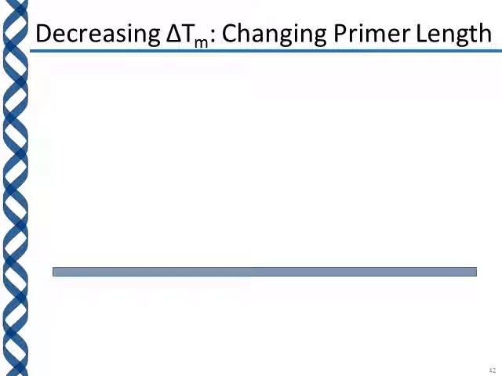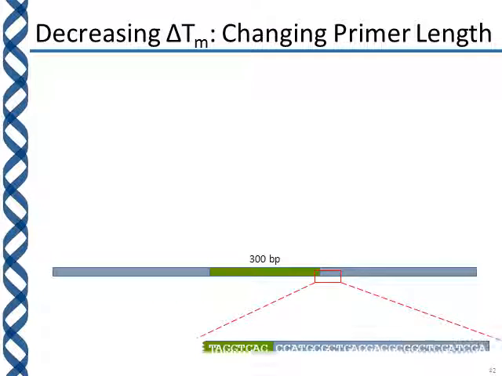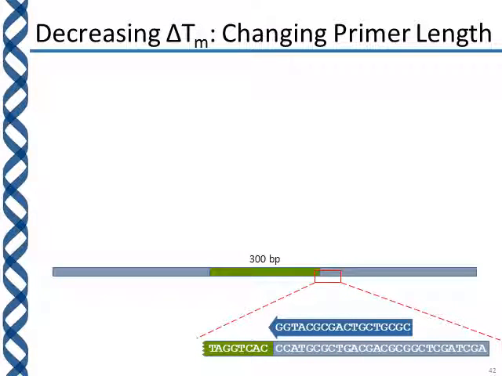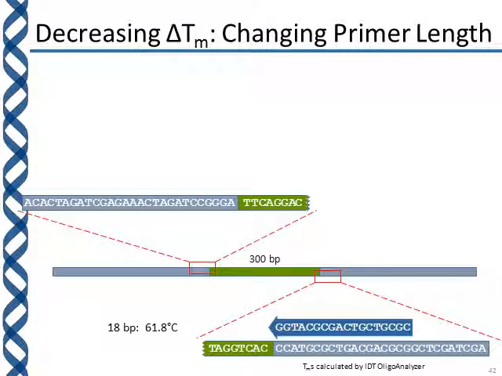So now let's take a look at the other method of decreasing the delta TM, which is changing the primer length. So say we have this example DNA strand, and we have a 300 base pair sequence in the middle that we want to amplify, and so we design our primers to sit immediately outside our region of interest. And so this is 18 base pairs outside, and this primer has a TM of 61.8 degrees, and we would design similarly our forward primer to sit immediately outside our region of interest,